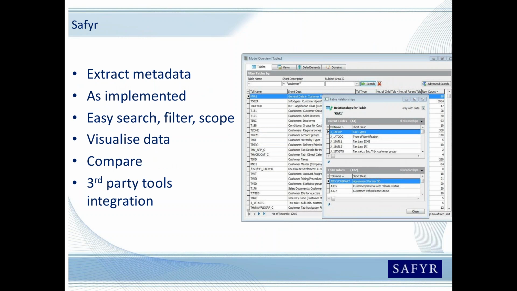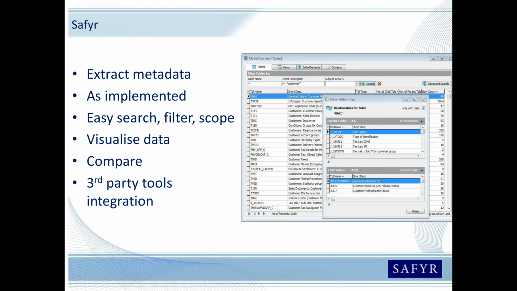There is also functionality to compare partial or whole data models of applications. So if you were looking to rationalize or migrate information from one version of an application to another, we compare those different sets of metadata to show the differences. And then we have a range of tools that we integrate with and send our information to: data modeling, metadata management,